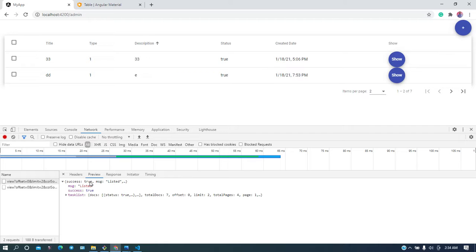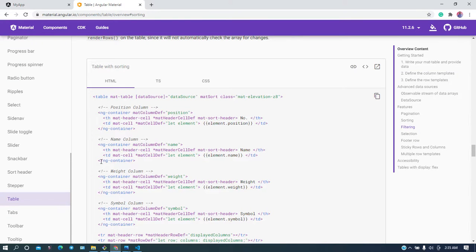If there is a lot of data and you get all the data at once, then it will be very difficult to manage. It will be a very slow process, because the API will take some time to get the entire data, and then you are doing pagination on that. So that's why for a big enterprise application you need to do it through the backend. That's the important thing, that this will make the application super fast. Okay, so this is for the static case.